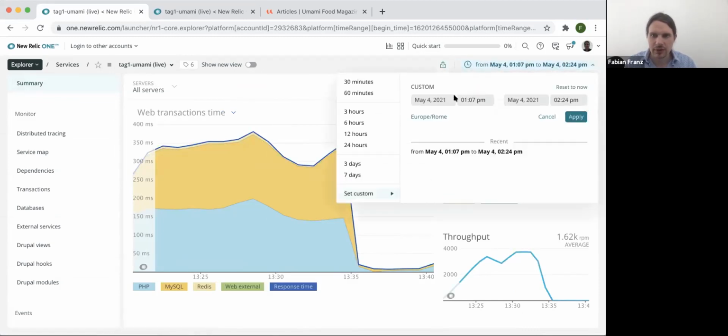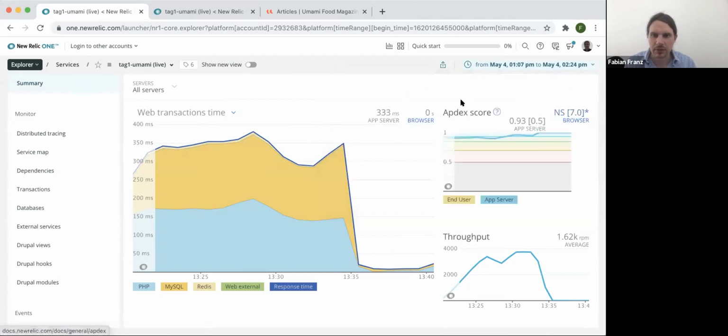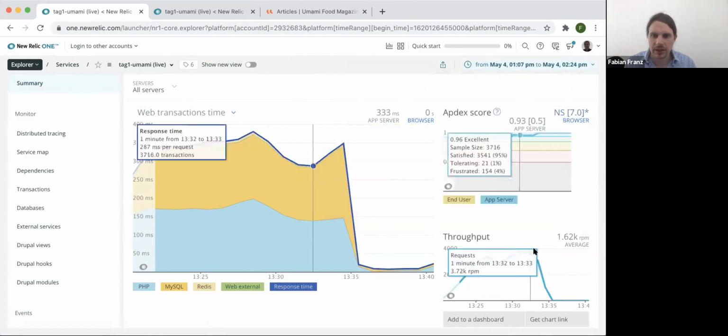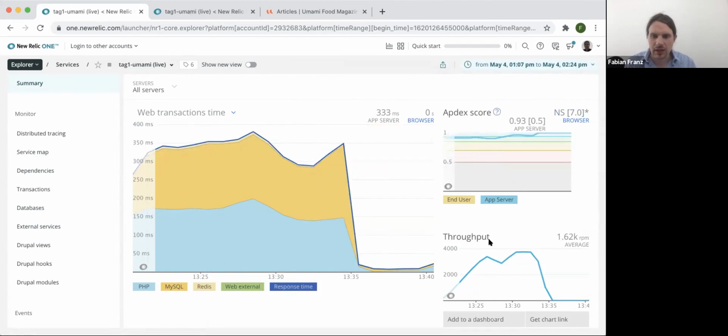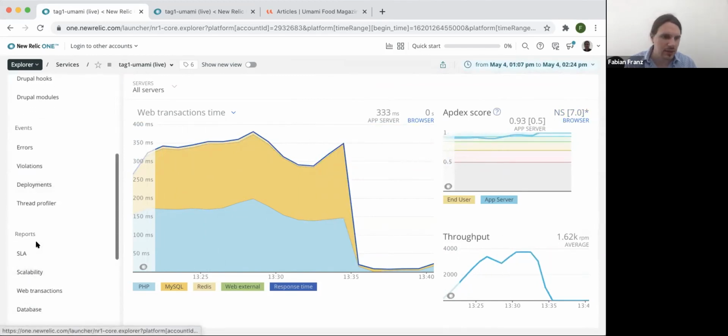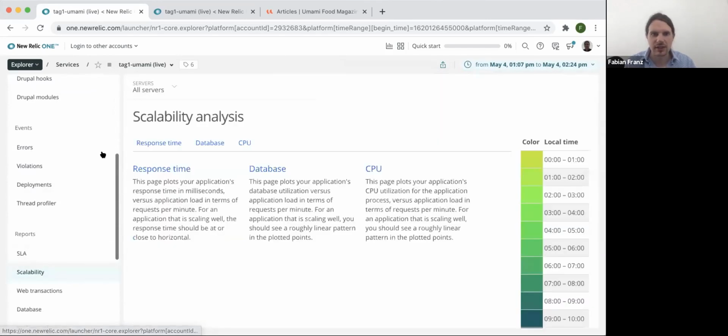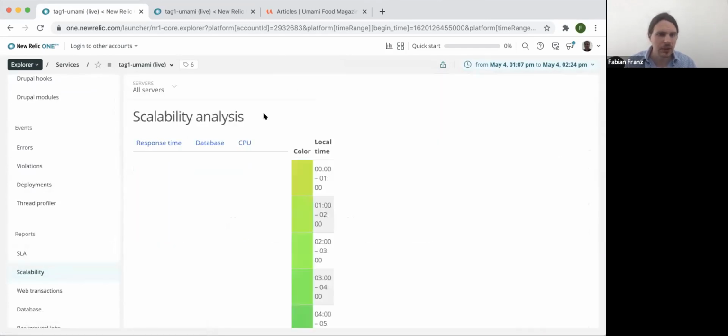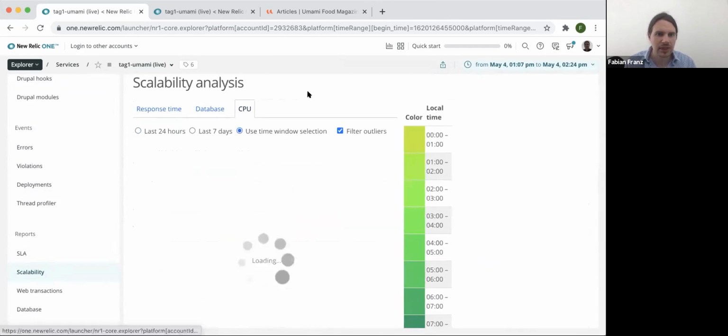And hopefully, if not, we just have to remember the times essentially. That is go one from 1 p.m. to 2:24. Yeah, that's the one we want. Slow ramp up. And now if we go to scalability, hopefully it keeps it. Yes, it does. Because what we want to see is we want to use time selection.